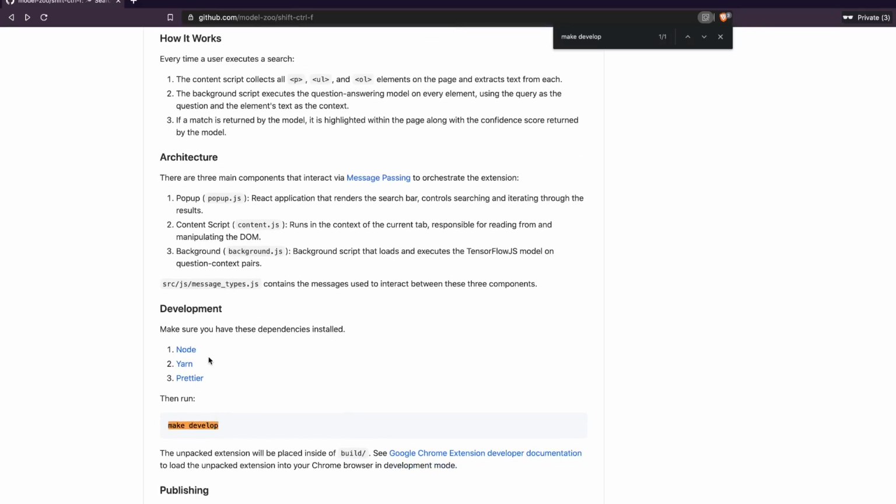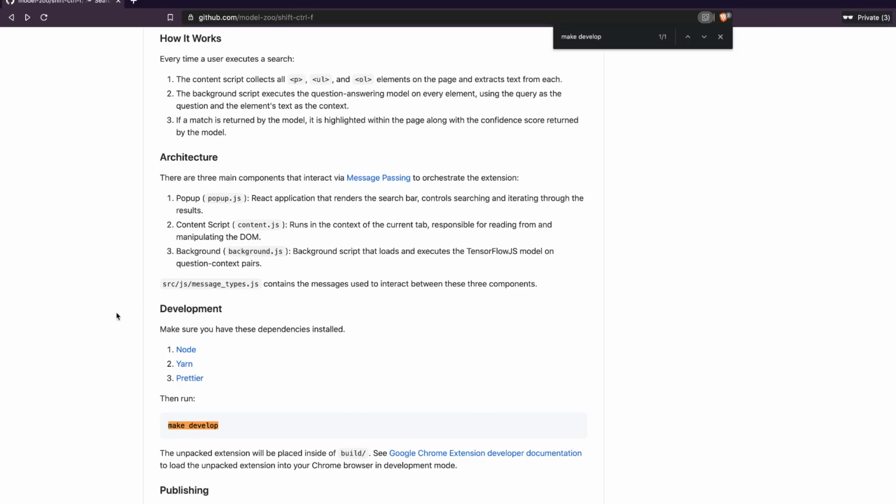So first of all, if you want to build this, you need to have Node, Yarn, and Prettier installed. You can see the respective pages for how to install these. If you are on Mac or Linux, these things should be pretty straightforward using your shell, but I'm not exactly sure how easy it is if you're on a Windows machine. But I hope you as a Windows user have the ability to install all these things.